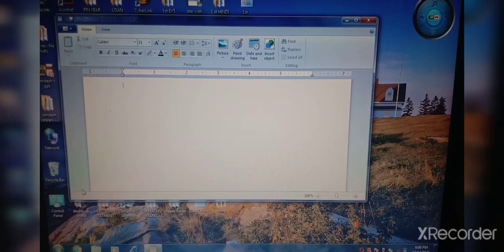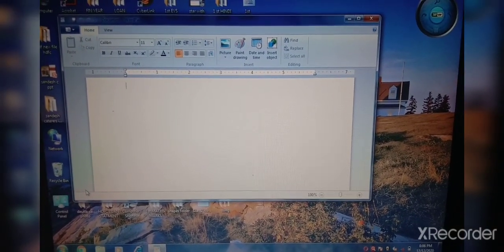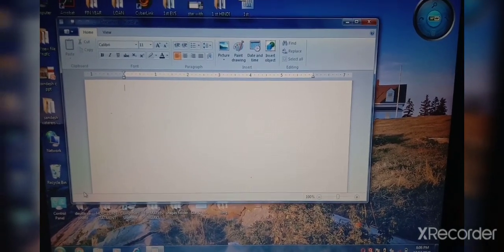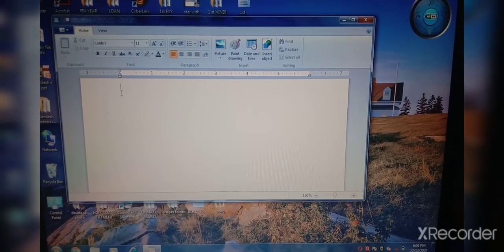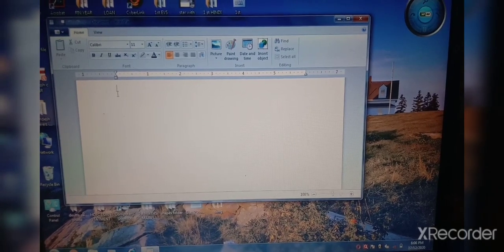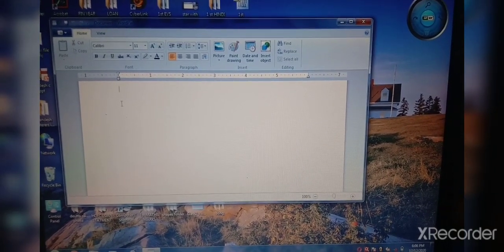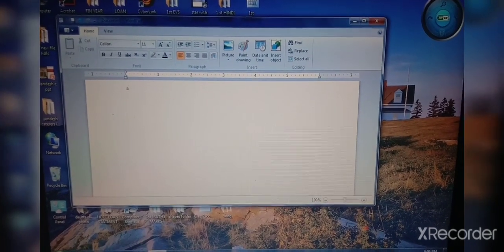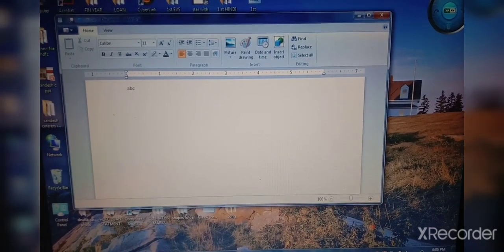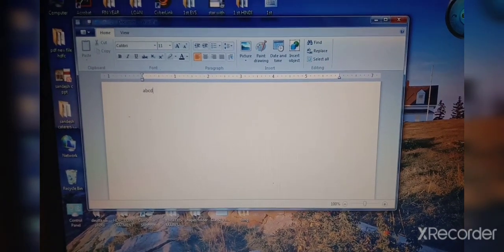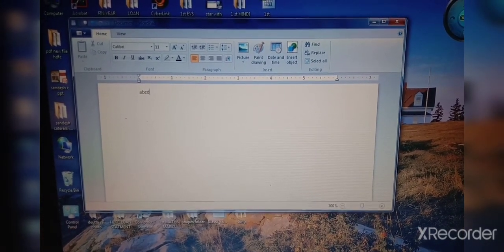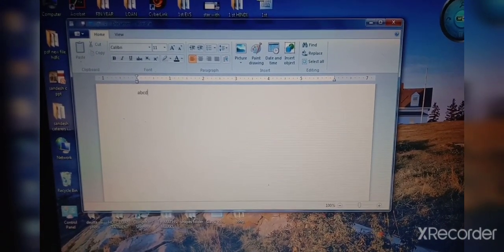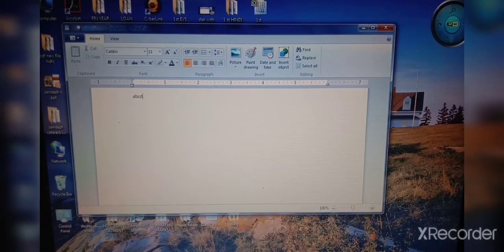You can see one line blinking on the screen. This blinking line is called the cursor, where we type whatever text we want. Suppose you want to type ABCD, you can type it here. If you want to type a letter, essay or story, you can type it in WordPad.